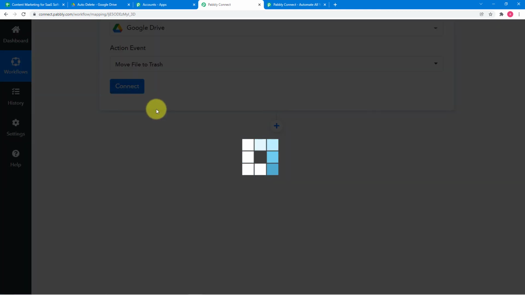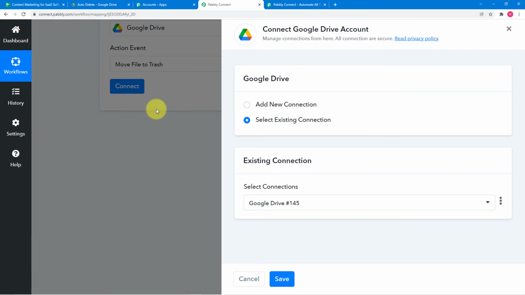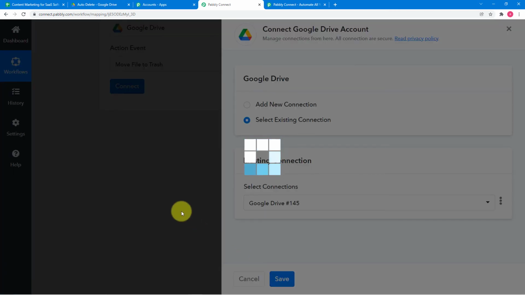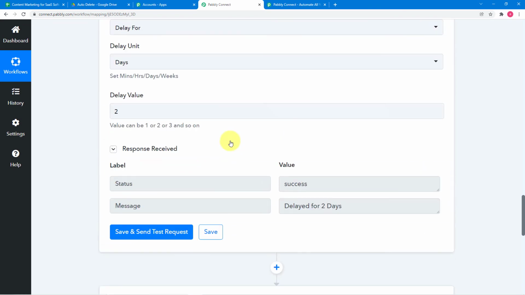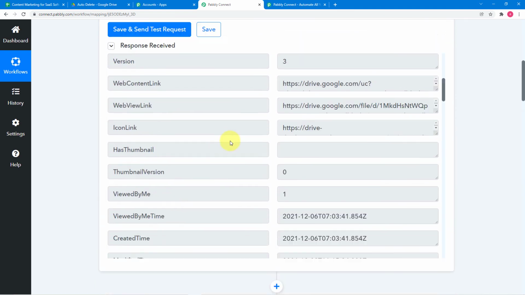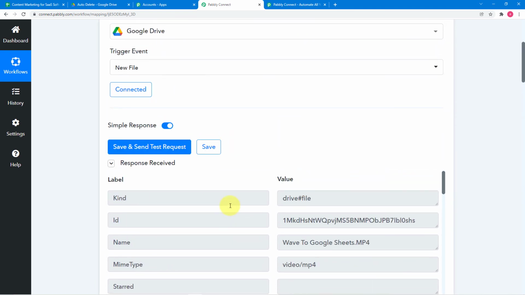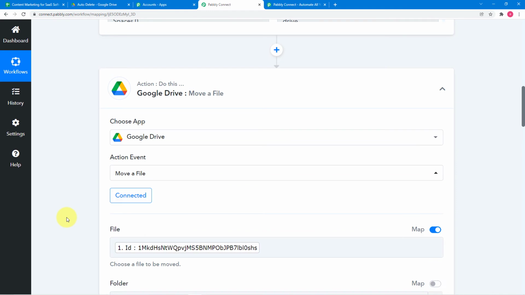Then click on connect, and from this window you can select existing connection, because we have already made a connection with Google Drive already. So click on save, and now it is asking for the file's ID. So you just have to map the file ID that is generated in the first step, okay. So here you can see we have this ID. So to map this ID,